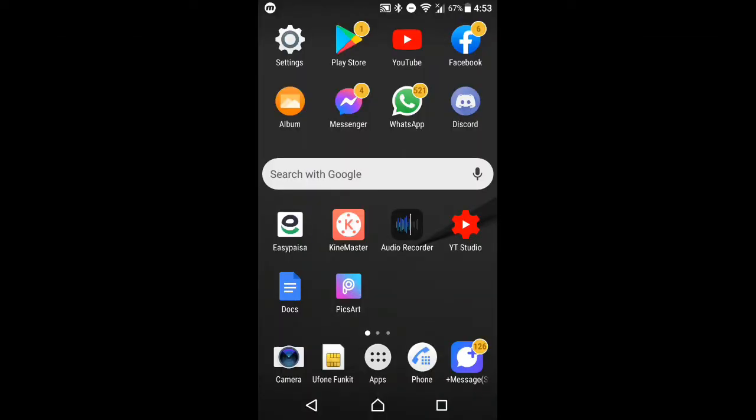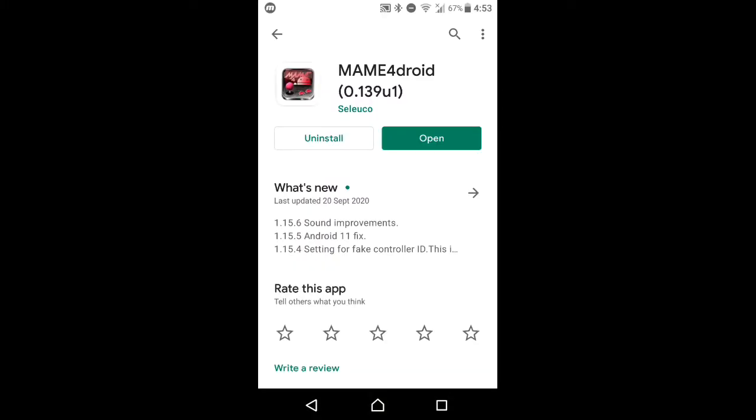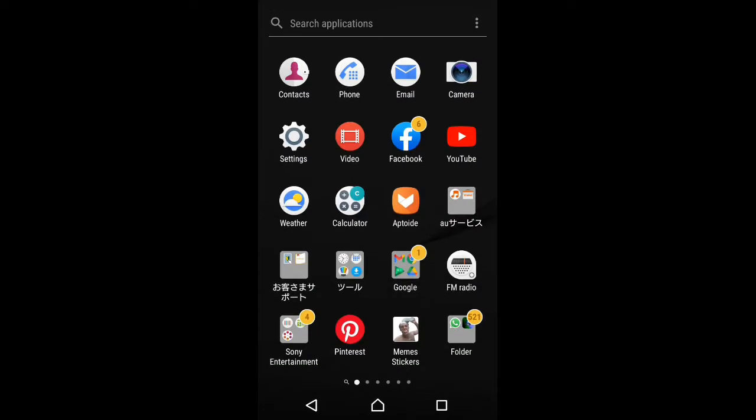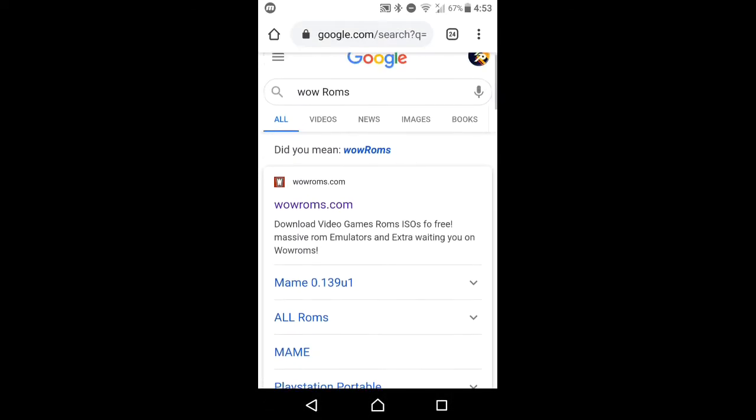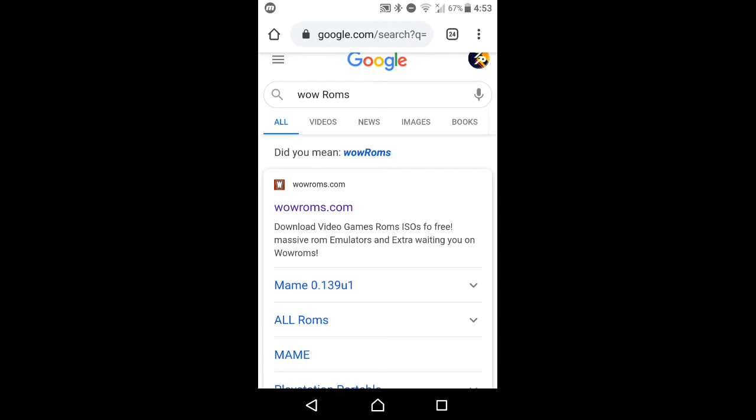Now, all you have to do is go to the Play Store first and download this emulator, Mame for Android. And when you download it, just go to Chrome and search WowROMs, okay, and then the first link you will see is wowroms.com. Go there